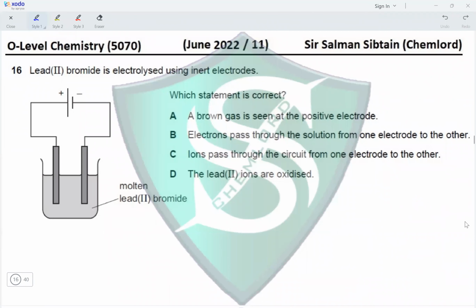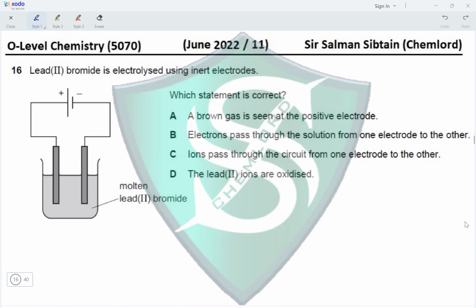Question 16. Lead(II) bromide is electrolyzed using inert electrodes. Which statement is correct? A brown gas is seen at the positive electrode. Positive electrode is where reduction takes place. So, oh, sorry, positive electrode is the anode. It is where oxidation takes place. So, oxidation taking place,